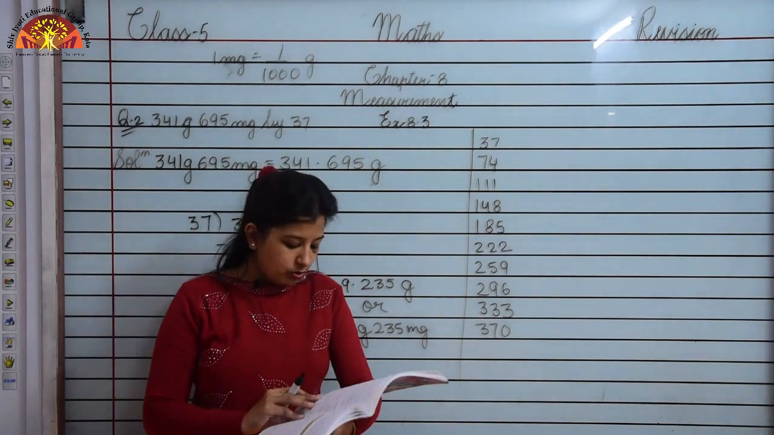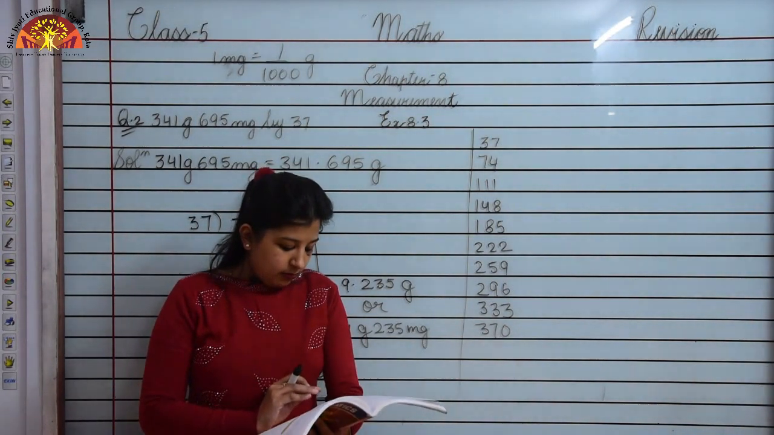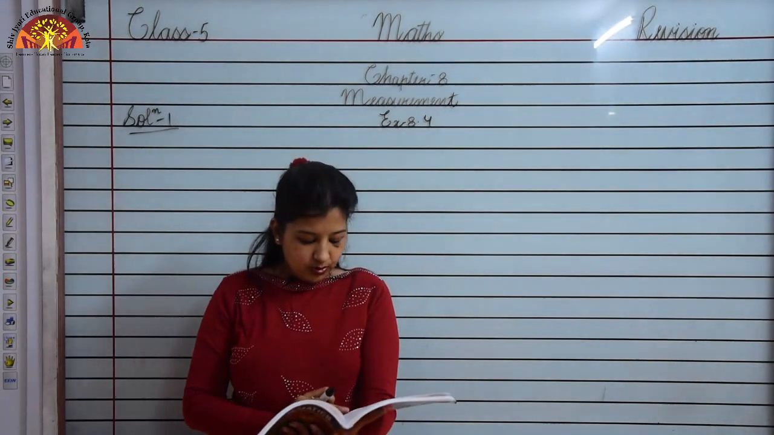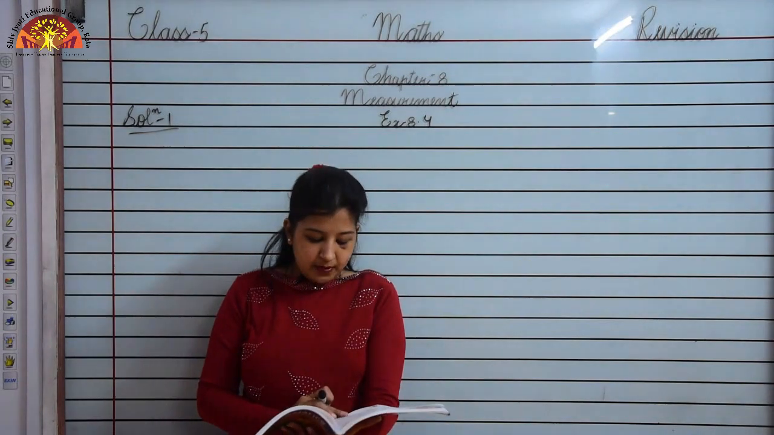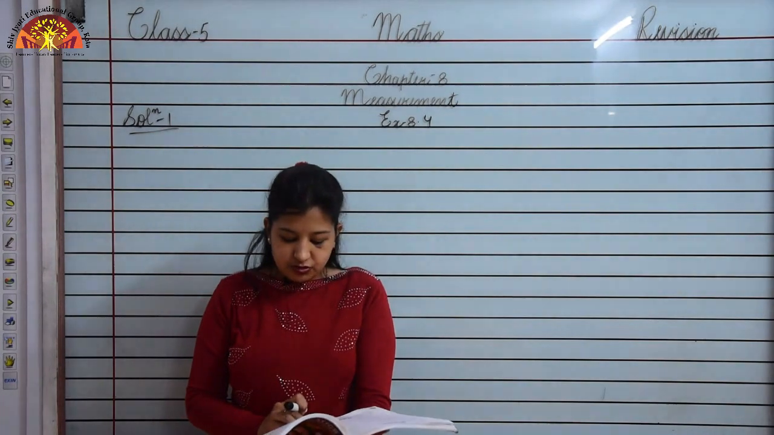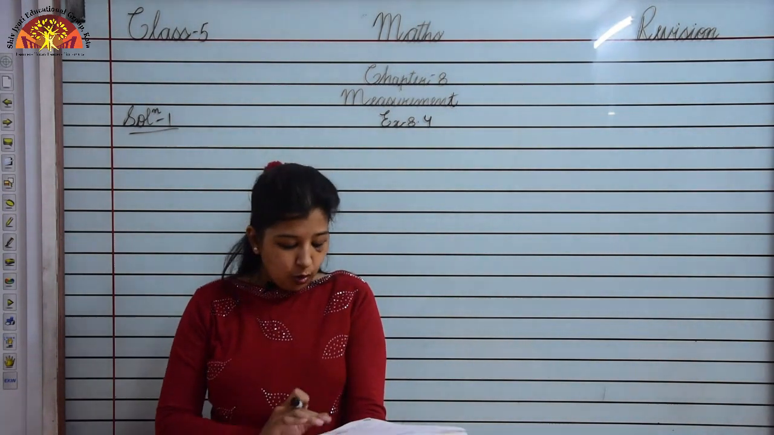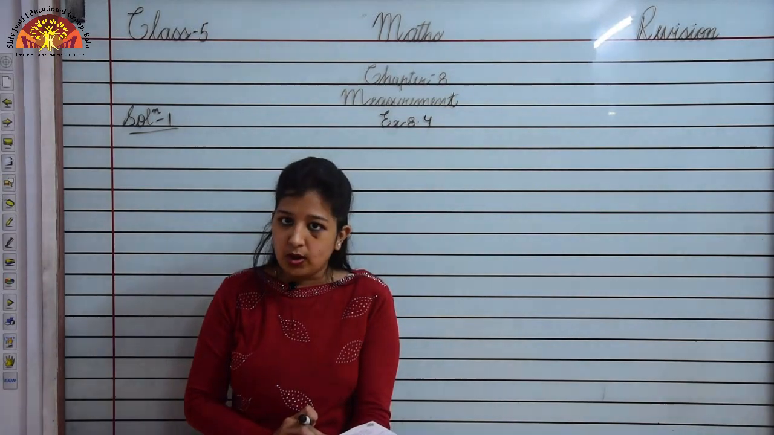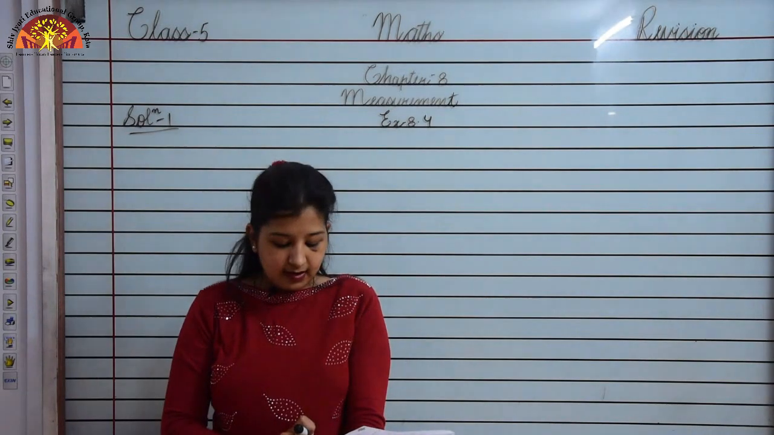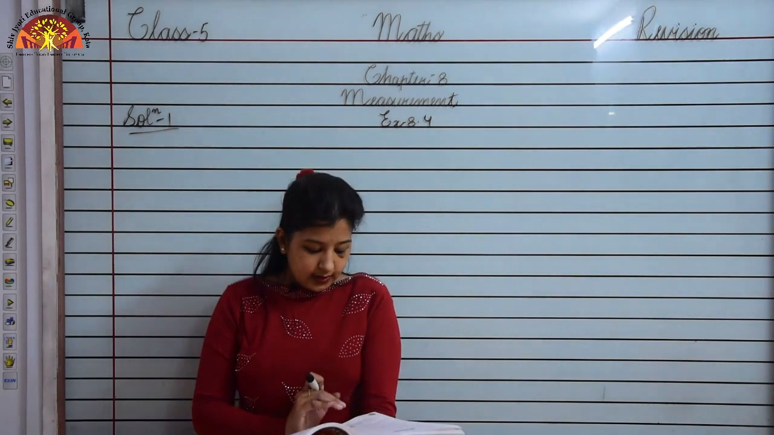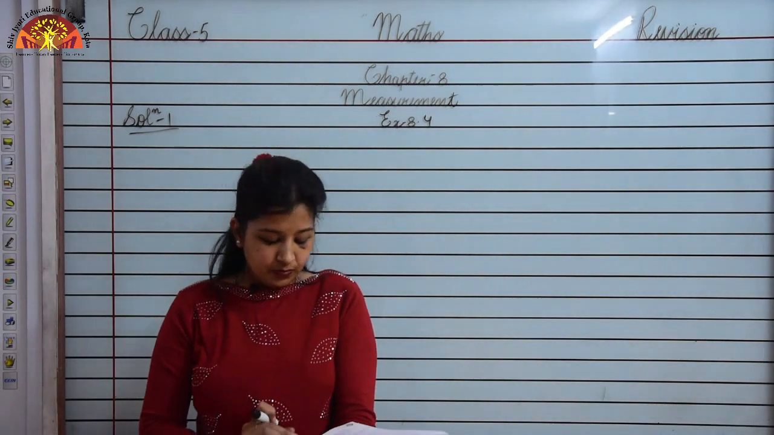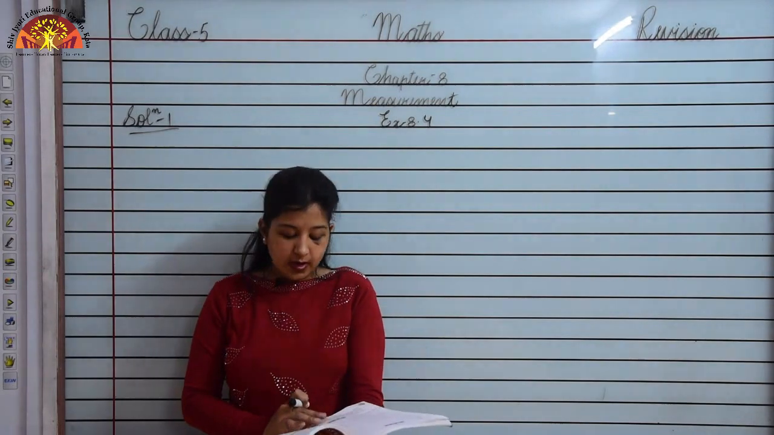Now we are going to do first question of exercise 8.4. So students, question number 1 is a brick wall measuring 3.3 meter is to be built. If each brick measures 15 centimeter, then how many bricks will be required to complete the wall? In this question what we have given? In this question measurement of brick wall is given, that is 3.3 meter, and the measurement of each brick is also given, that is 15 centimeter. Fine. So we have to